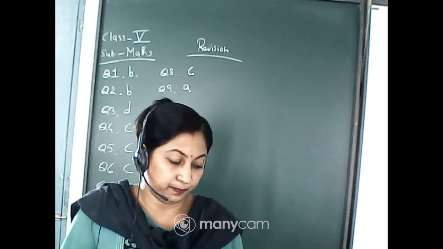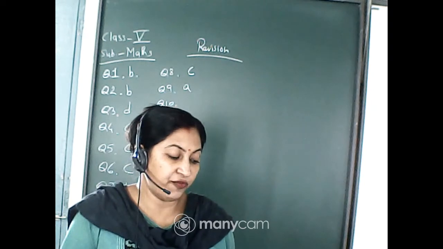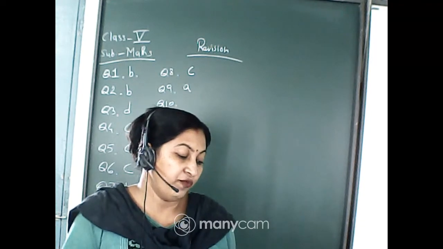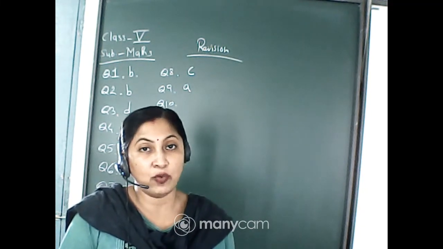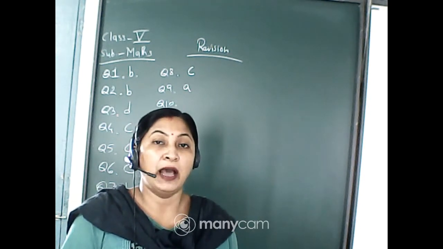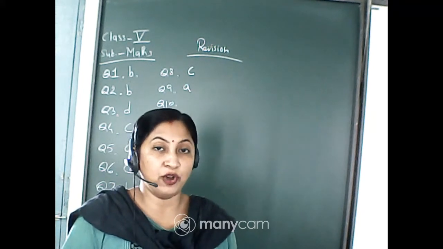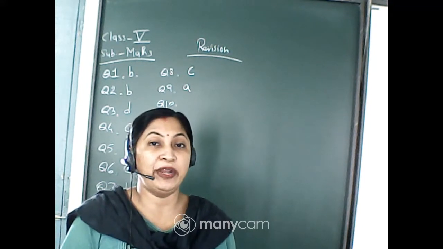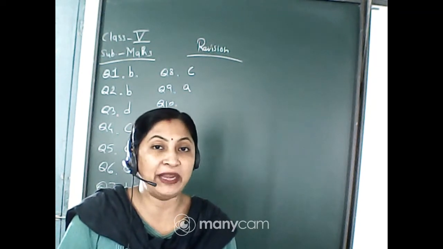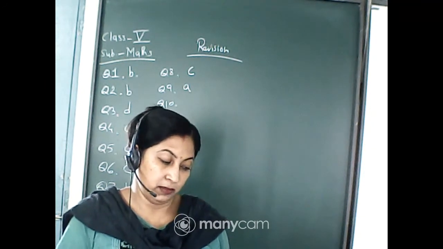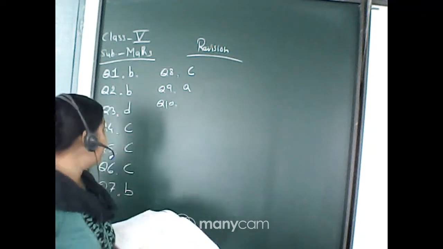Now number 10. Which figure has an area of 24 square units and a perimeter of 20 units? Now you have to find out which figure has area 24 square units and perimeter 20 units. As you know, area is the inside portion and perimeter is the outside boundary of the figure, isn't it? So here you can see, when you count the inside squares, it is 24 squares, whereas the outside boundary will be 20. So which figure? It is figure number A. That means for question number 10, the answer is A.